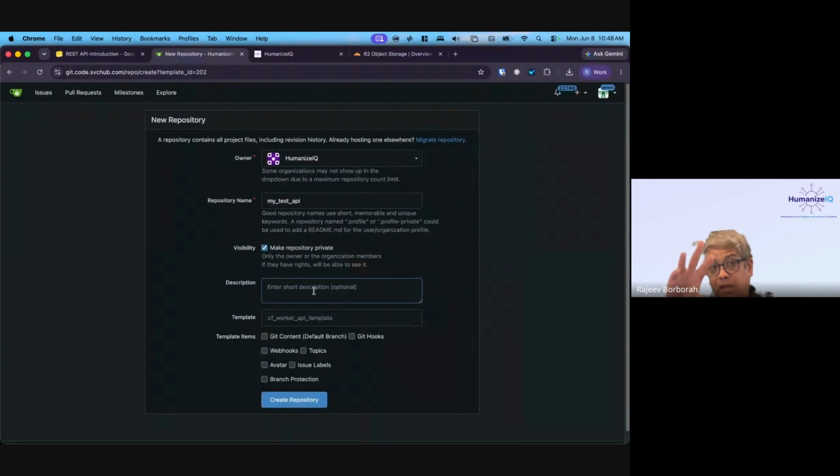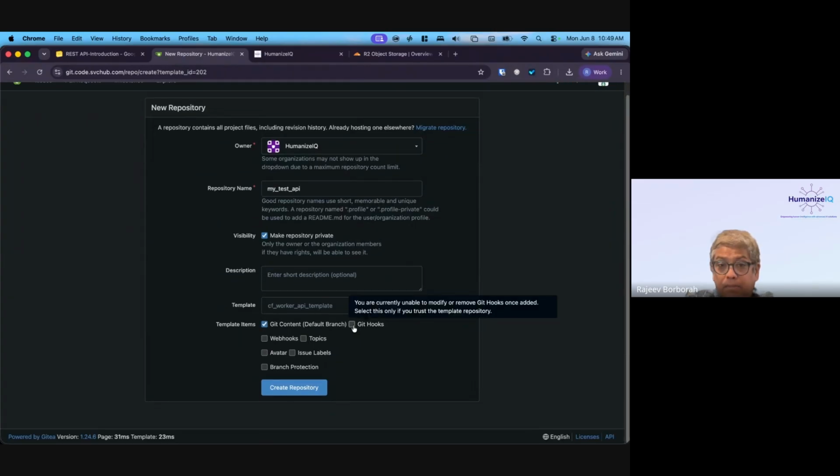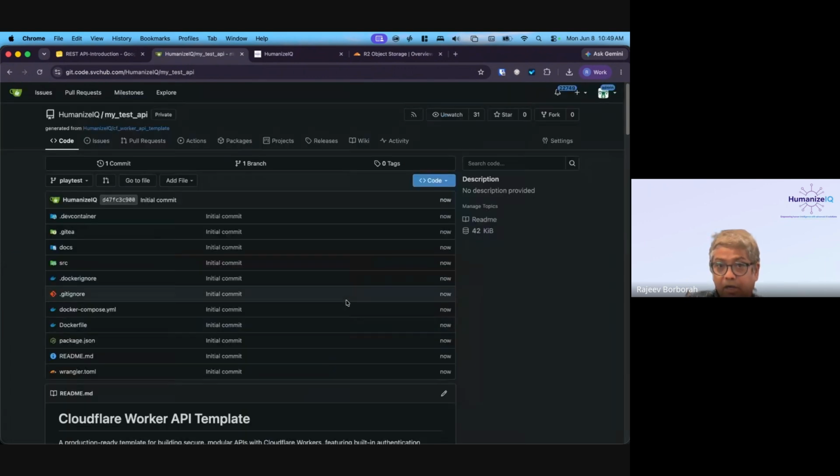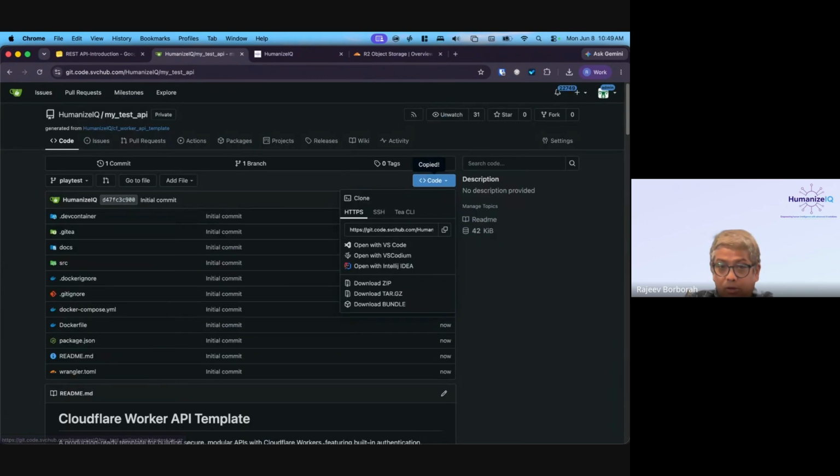And by the way, right now there's a defect, but in general, when you create a component in Craft Studio, it automatically creates the repo from this template. I'm showing you the manual way of doing it. You should always know the manual way of doing it, because right now there's a defect. The system is not working. Rather than waiting for somebody else to fix it, if you know how to do it, it will work. Even when you click a new component, and you click an API in there, it does the same thing. It will take this template, create that repo for you, and set up those things here basically. So I'm doing the same thing. It created a repo. I'm doing it manually because right now the system is not working.